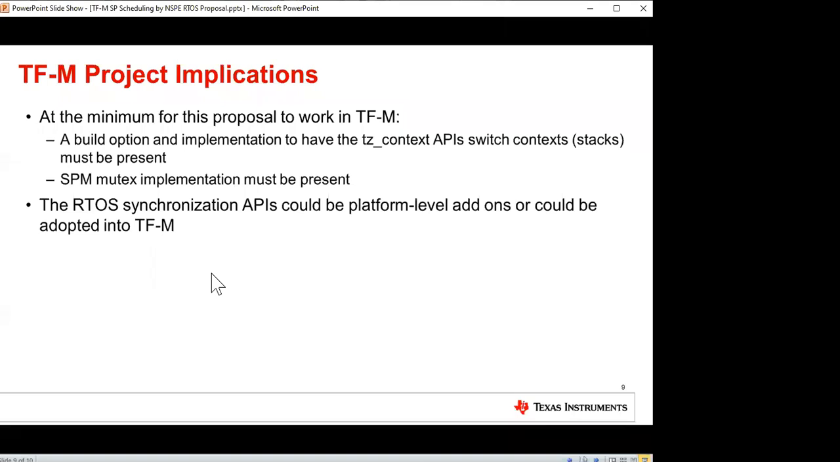Yeah. So, I don't know whether or not it's part of PSA. In this context, we're talking about TFM. I think at a minimum, from what I understand from the code base, and certainly Alan's helped me out with this part, we'd want to see these two things be present in the TFM code base, right? It might be hard at a platform level to add these things on if those first two things, the context APIs, being able to switch out the stacks, and having mutex implementation on the SPM side, are missing. I'm not sure that the current build system would support us adding that at the platform level in an easy